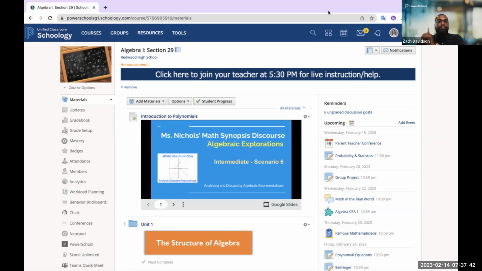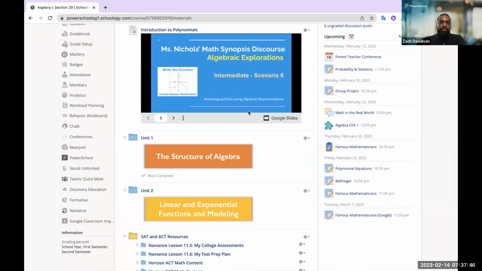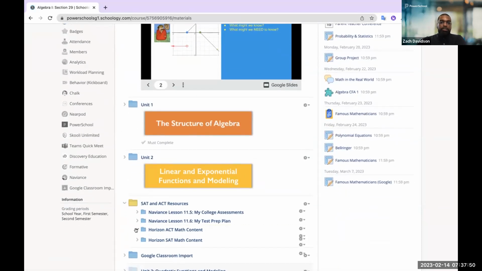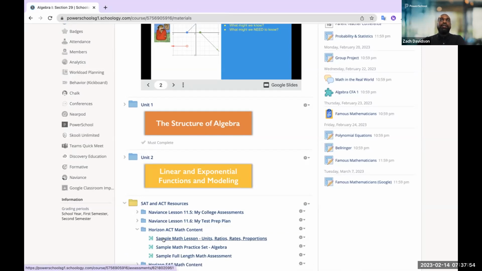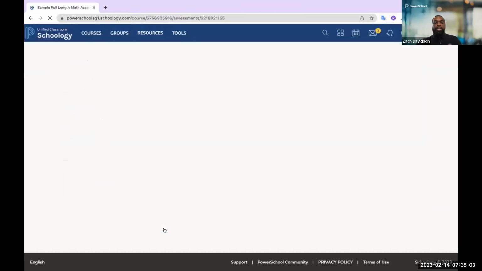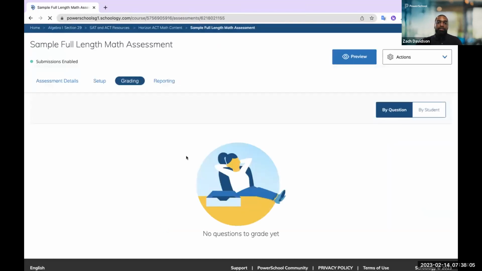Absolutely. And I did forget to just mention one thing here while we're still in this course. Not only are we bringing in those Performance Matters assessments, but you're also going to note here that we can think about leveraging other assessment content like Horizon for ACT or SAT prep. That can easily be ingested into the platform as well.